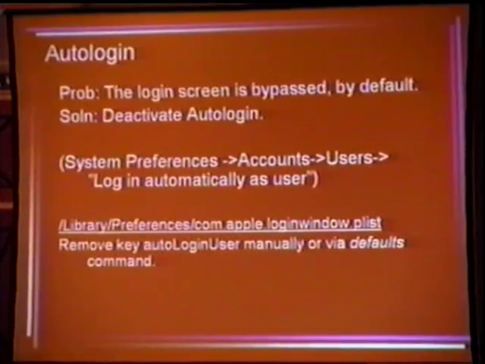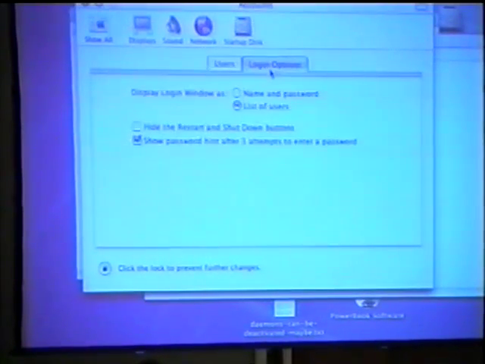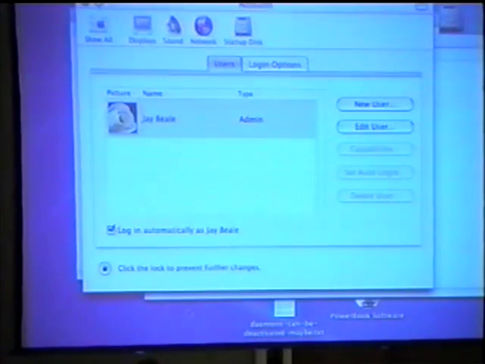Okay. So we go under System Preferences, under Accounts, Login Options. Oh, wait. Where'd I put that? Here. Login automatically. It's under Users. You just unclick that box, and that's gone.